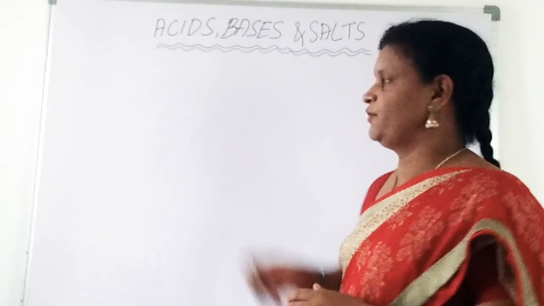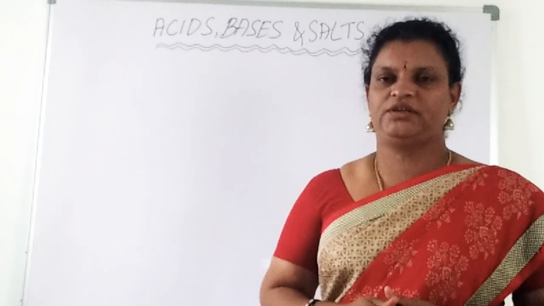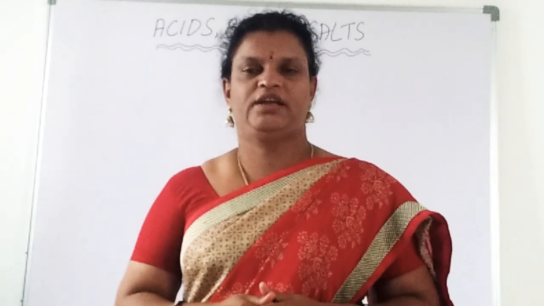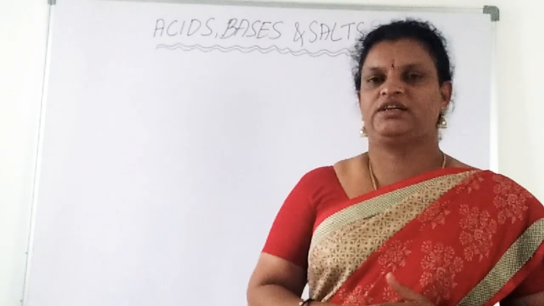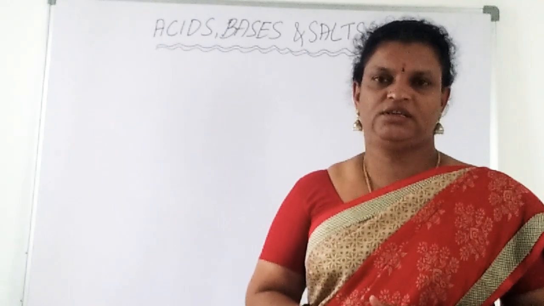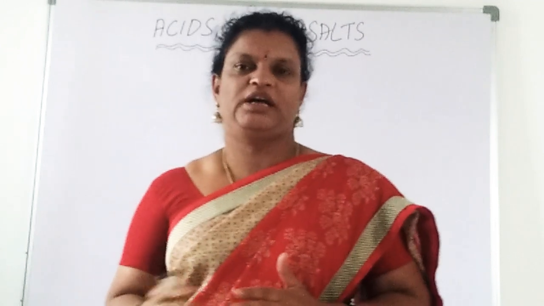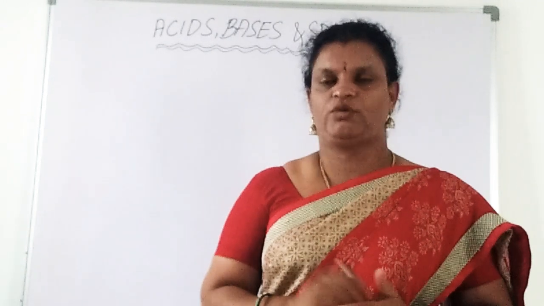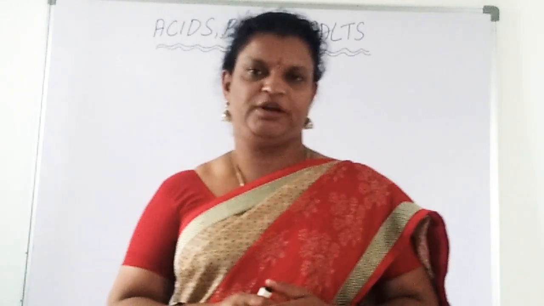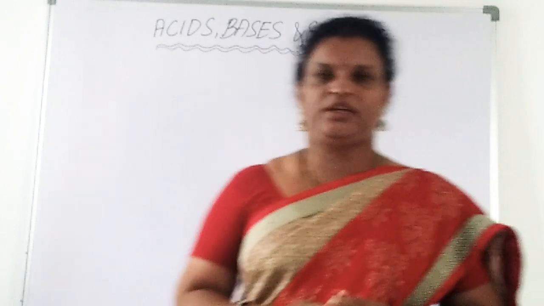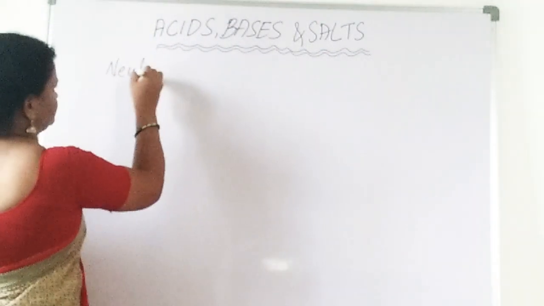Here again we are going to continue the lesson acids, bases and salts. So in the previous class we have seen about the properties of acids and also bases, classification of acids and bases, how they will change the color of the indicators. All those we have seen, and along with that we have seen the types of indicators, chemical means artificial indicators and also natural indicators. What are those types and how the colors of these indicators are changed in acidic and also basic medium. So now coming to the next topic, that is neutralization. Neutralization of acid and base.